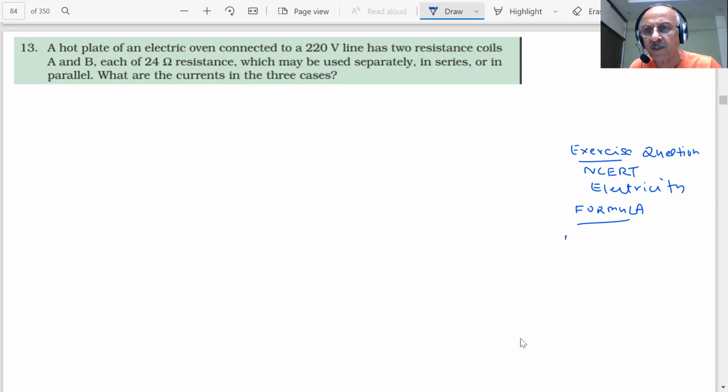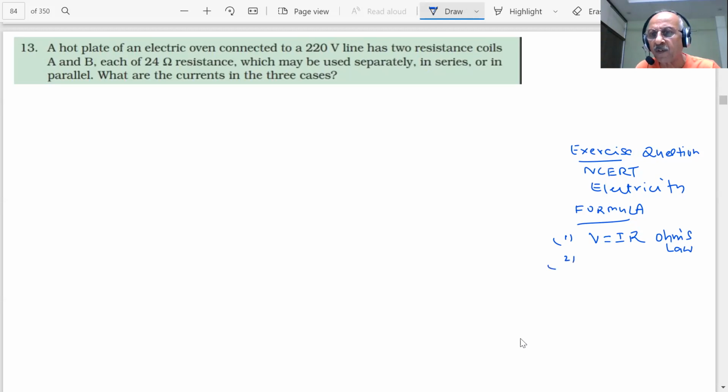The formulas which are in great use, you already know. V is equal to I into R. What is this known as, students? This is known as Ohm's law. So this is very important. We must learn it: as you increase the potential difference, the voltage, the current will also increase.